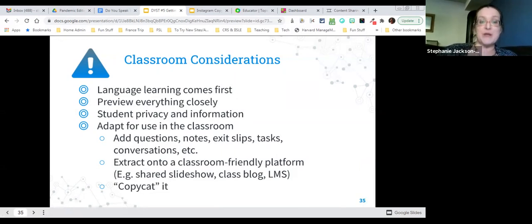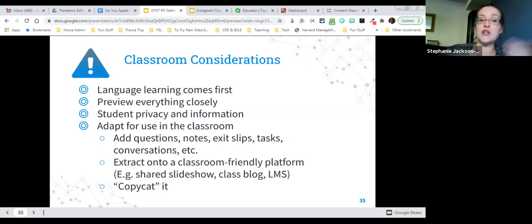Secondly, most important is to preview everything closely, every single second, every frame, every word, and make sure that what you are bringing into your classroom is appropriate for the age of your students. You just don't want to be that teacher that ended up in the news for showing something super inappropriate.